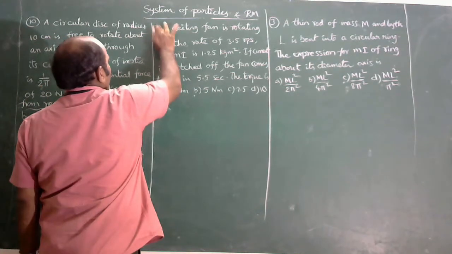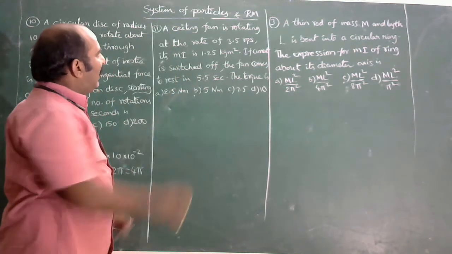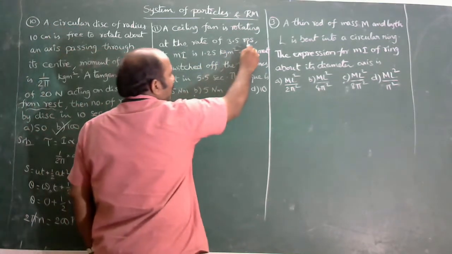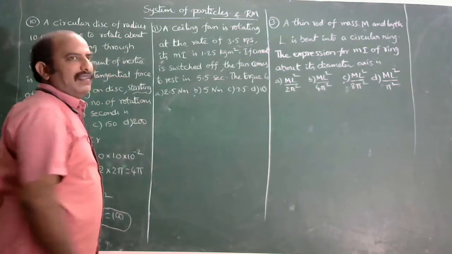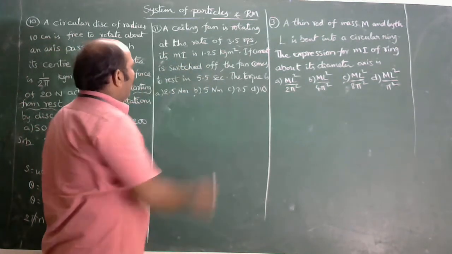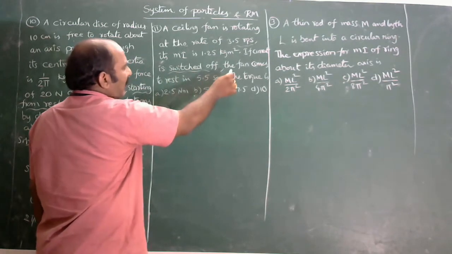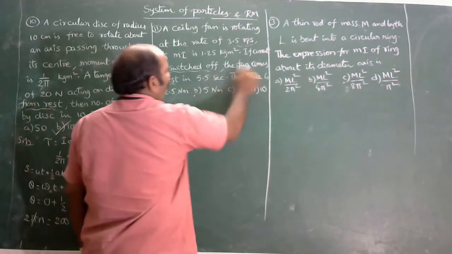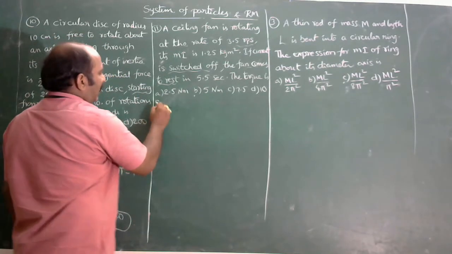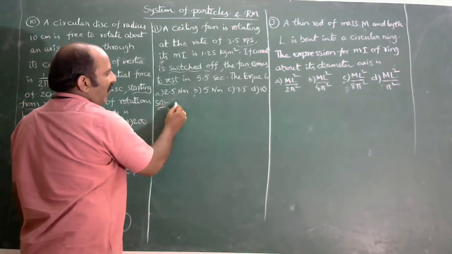See the 11th one. A ceiling fan is rotating at the rate of 3.5 rps. rps means revolutions per second. Its moment of inertia is 1.25 kg meter square. If current is switched off, the fan comes to rest in 5.5 seconds. The torque is. Here first we have to find the value of